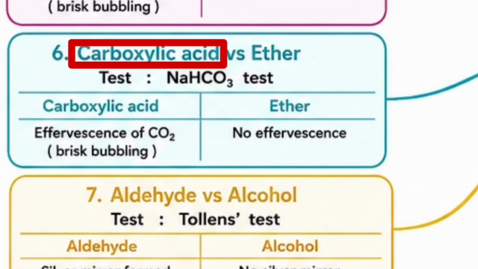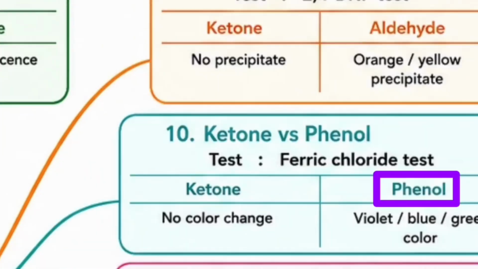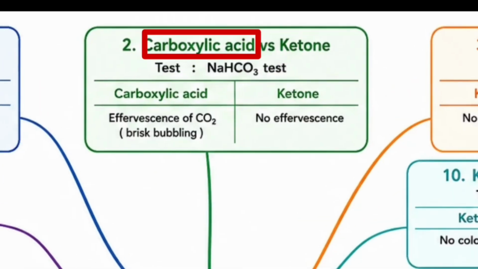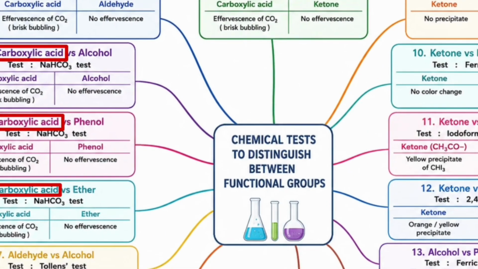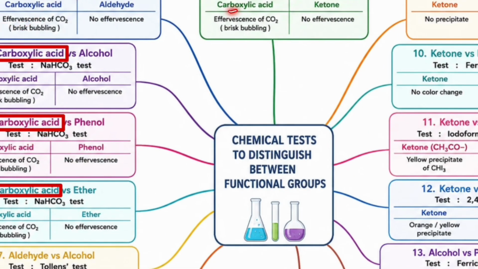Carboxylic acid versus ether, again it is sodium bicarbonate. Carboxylic acid versus ketone, this is also the sodium bicarbonate test. So from this you can clearly understand what it means: when carboxylic acid is there with aldehyde, ketone, alcohol, phenol and ether, it's always the sodium